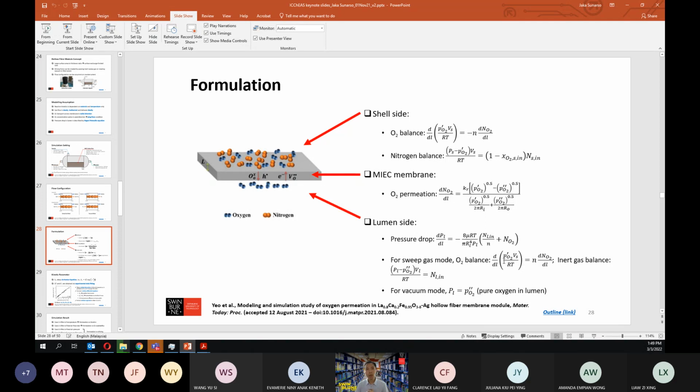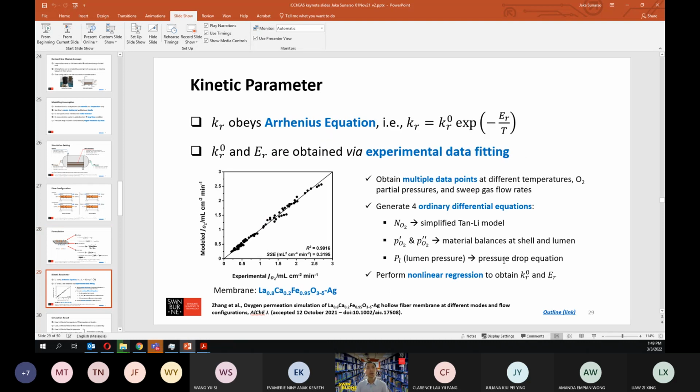But you are welcome to inspect the paper if you want, and I'm happy to describe further if you are interested in this one. What we did is basically using a shooting method with quite long MATLAB coding, where we try to extract the value of this KR not in here with the ER.